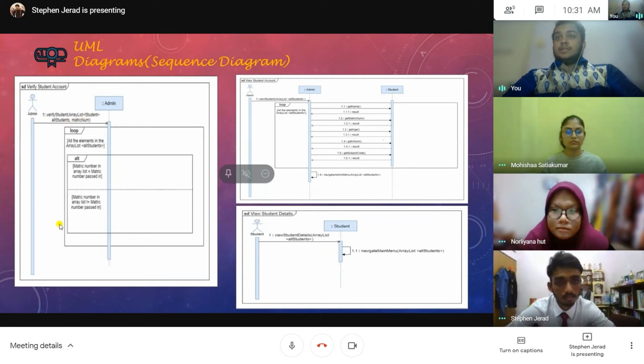Okay, then there is a loop fragment operator where it loops until all the elements in the array list, and there is an alternative option for if and else. So if the metric number entered is in the array list, it will execute a particular action, and if the metric number is not in the array list, it will execute another action.